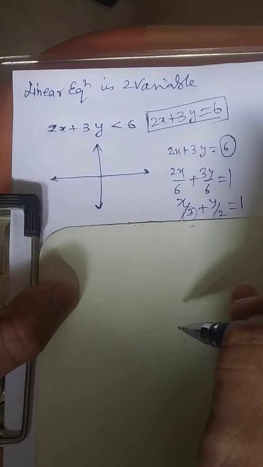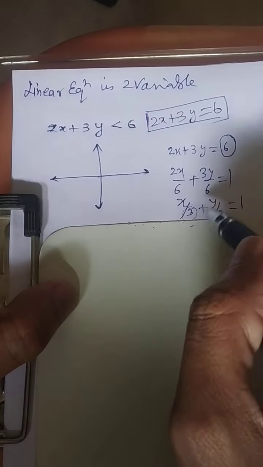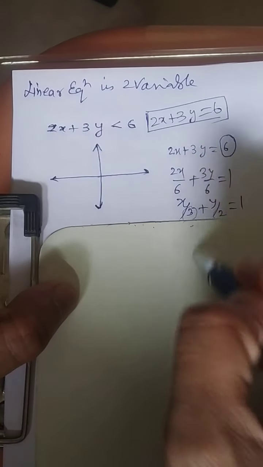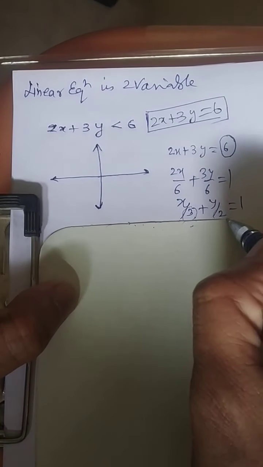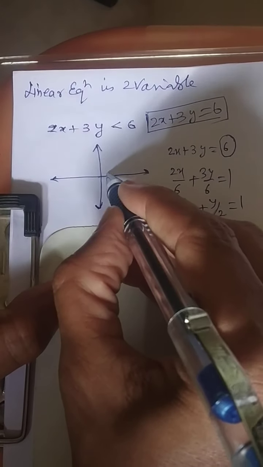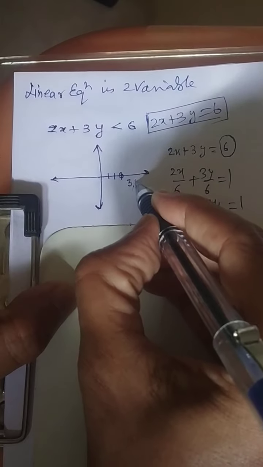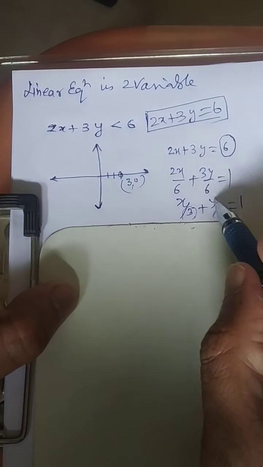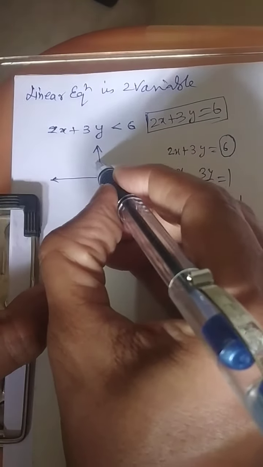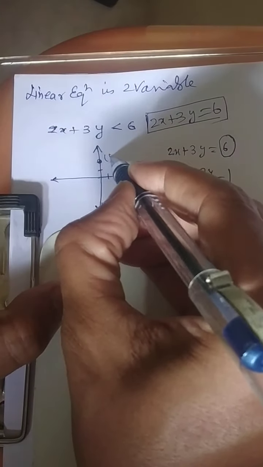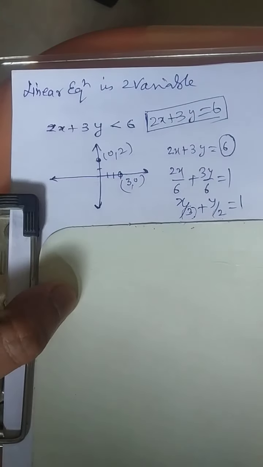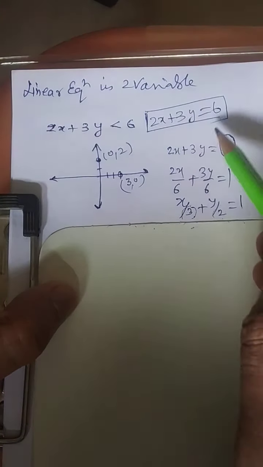This you are going to learn in one of the chapters afterwards. But for the time being, just think of this as a rule to get the x-intercept and y-intercept. The x-intercept is given as 3. 1, 2, 3. So this is the point. Always make a habit of writing the coordinates of the point. The y-intercept is 2. This point is nothing but 0, 2. So the first method is writing any question in intercept form and then plotting a line.